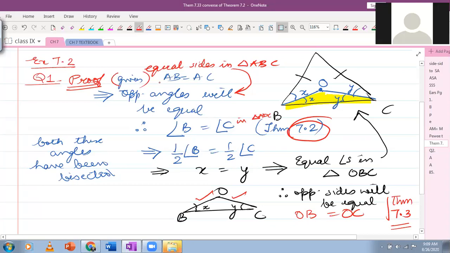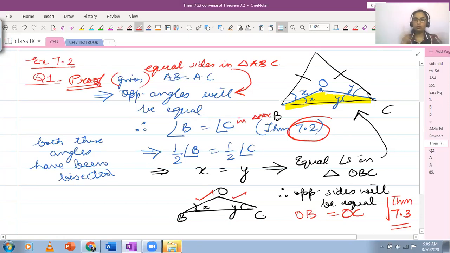There is one condition I want you to remember when applying this result. ये जो results आपने apply करने हैं, अगर दो sides equal हैं, तो उनके opposite angles equal होंगे, और अगर दो angles equal हैं, तो उनकी opposite sides equal होंगी. This result is applicable only in the same triangle. The two sides which are equal should belong to the same triangle. Then you can say कि उनके opposite angles equal हैं. The two angles which are equal should belong to the same triangle. Then you can say the opposite sides will be equal.